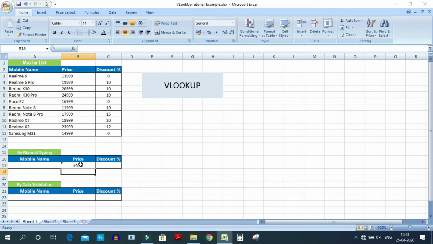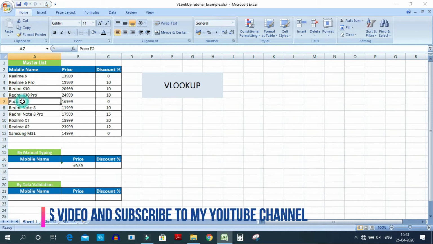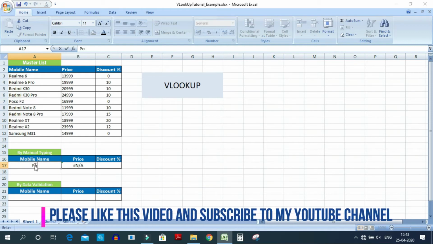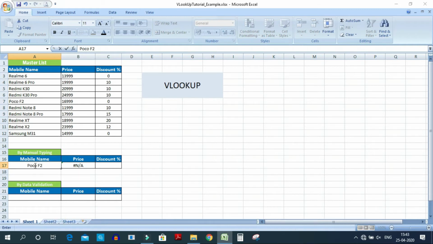Now it will show NA because there are no phones written here. Now I will manually write, let me write POCO F2. Let me write this one, POCO F2. If I press enter, the price will be 16,999. See, once I wrote POCO F2, the price changes to 16,999 because it fetched the data from the master table, because I have already given the VLOOKUP function.